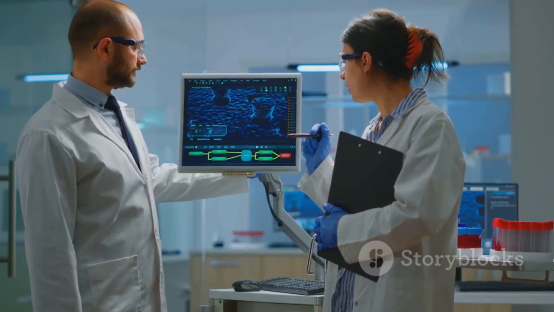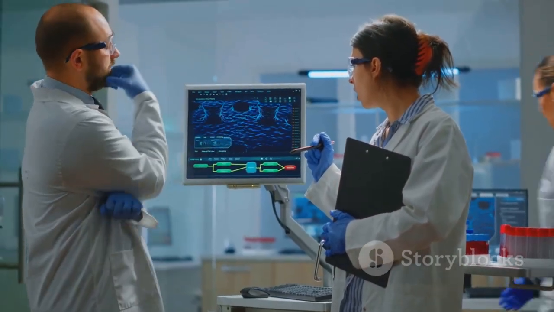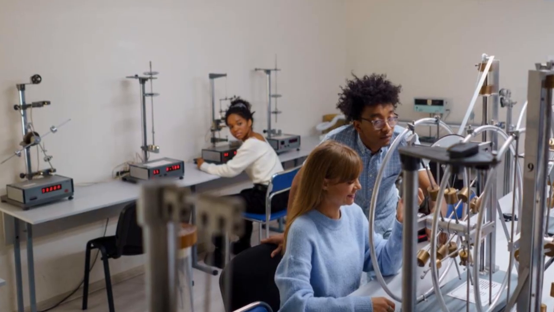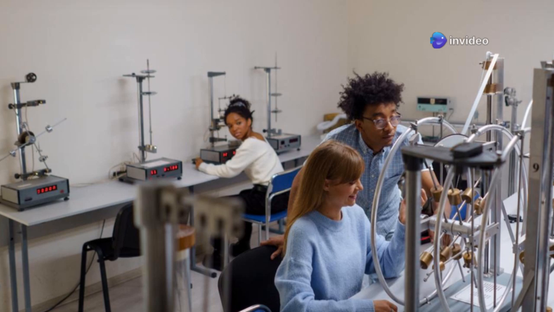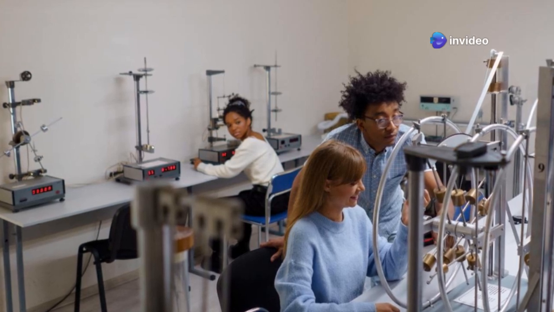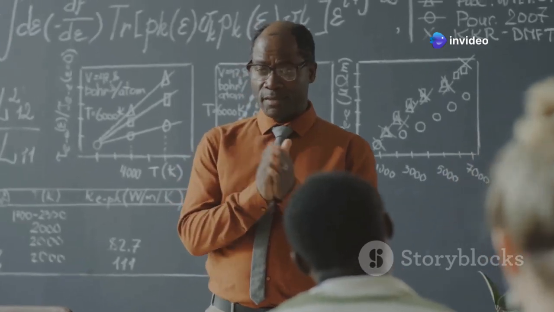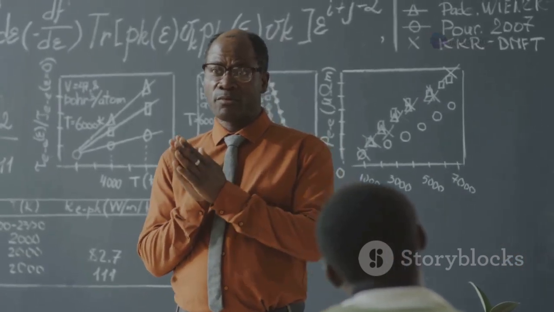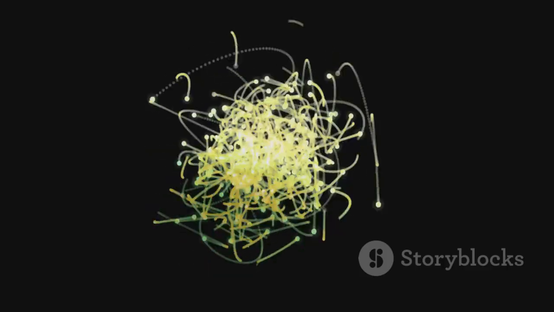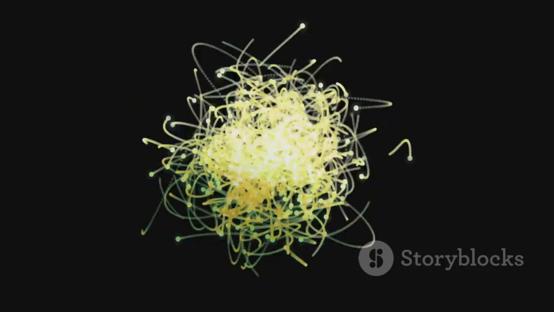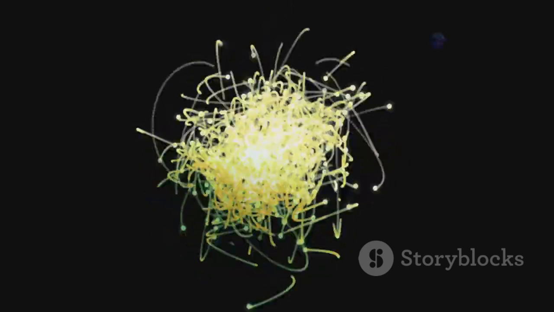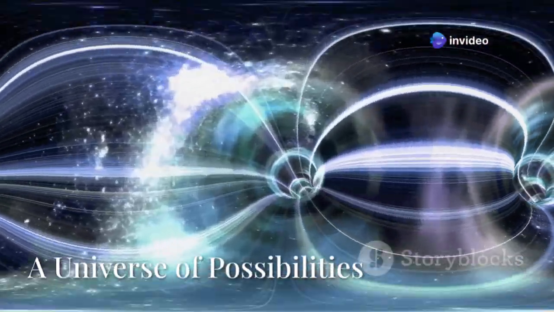We cannot know which outcome will occur before the measurement. The Copenhagen Interpretation emphasizes the role of the observer and the limitations of our knowledge. It suggests that we cannot know everything about a quantum system with absolute certainty. Instead, we must embrace the inherent uncertainty and probabilistic nature of the quantum world.